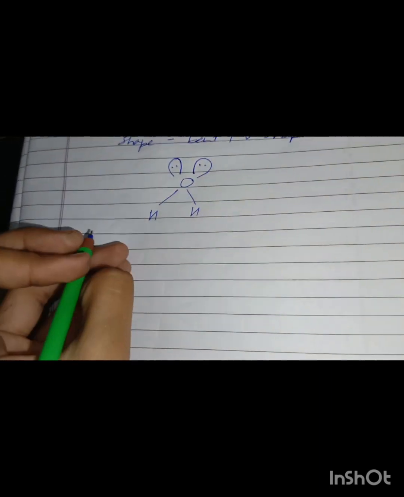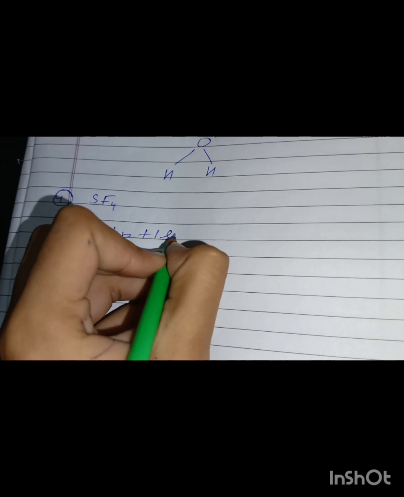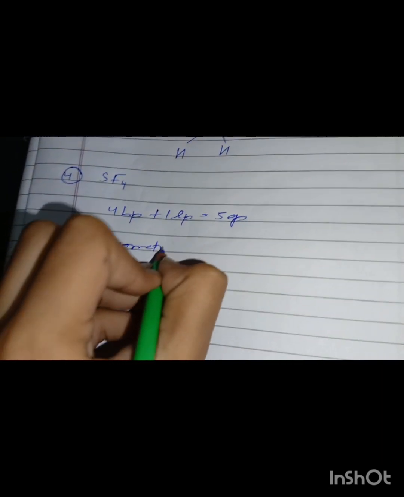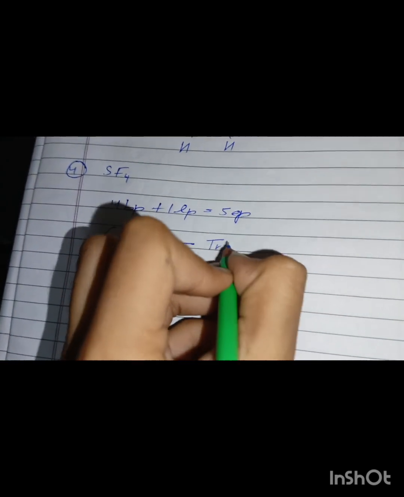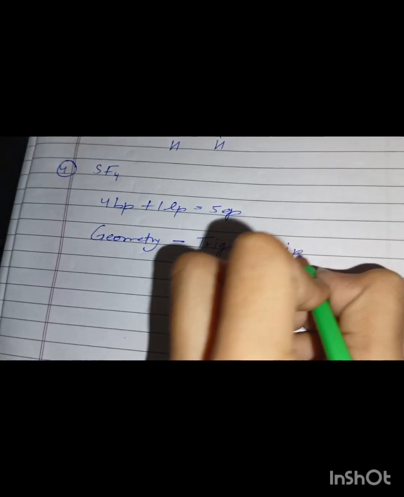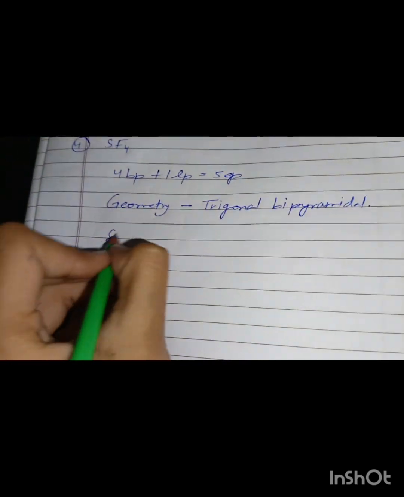See, here also bent for 2 bond pairs and 2 lone pairs. Let's take another example. SF4. 4 bond pairs plus 1 lone pair. There are 5 electron pairs. And the geometry for 5 electron pairs is trigonal bipyramidal. Right? Trigonal bipyramidal, and the shape will be